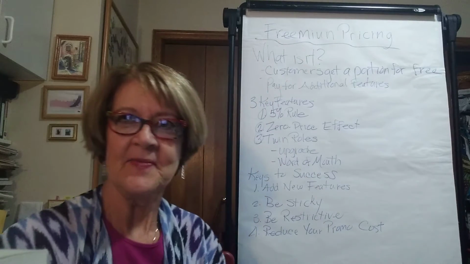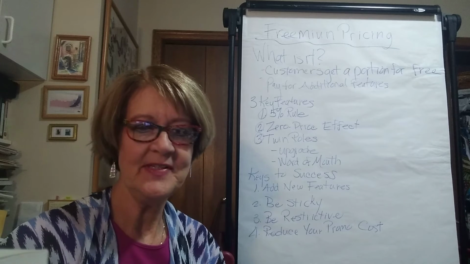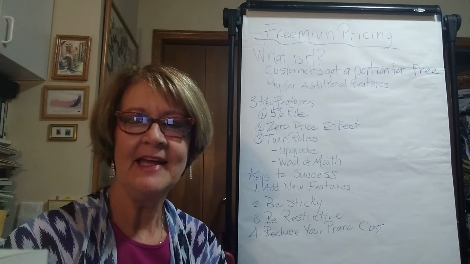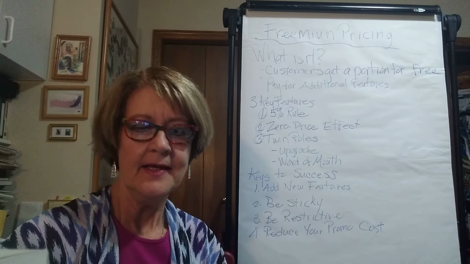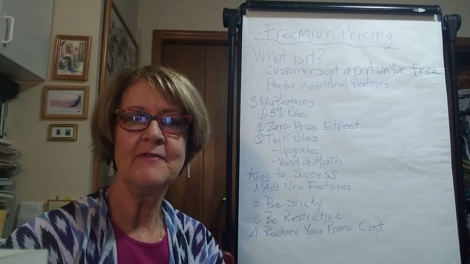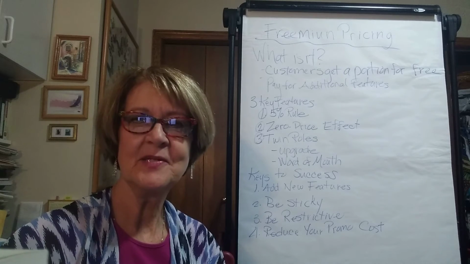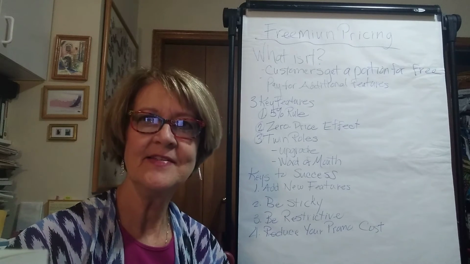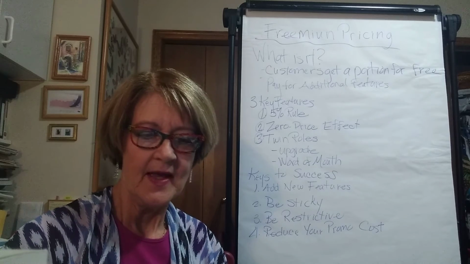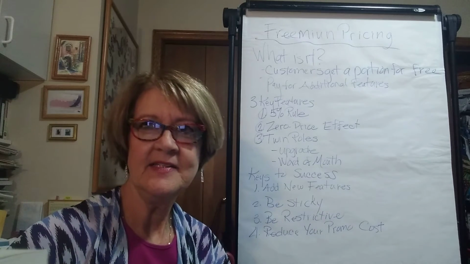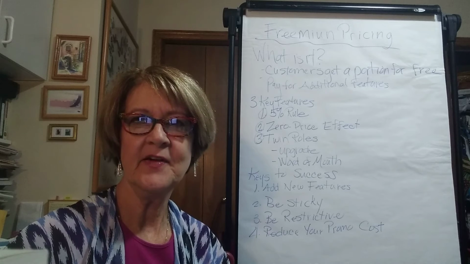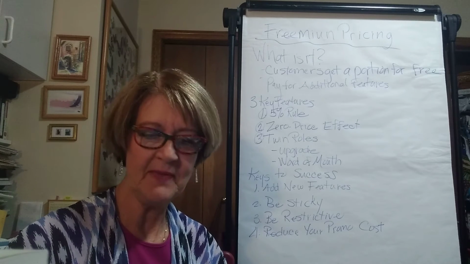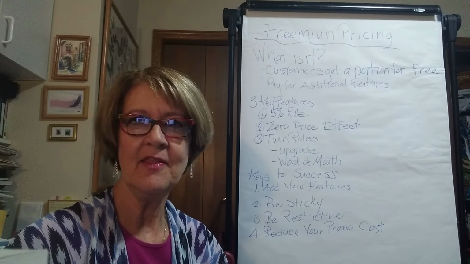So key features. One of the things to keep in mind is what's called the 5% rule, or 5% rule of thumb. And what that says is that you can usually expect about 5% of your customers to be paying customers, and that 5% makes up for the cost of the freebies. So it assumes, and has been pretty well documented, that your conversion rate is somewhere between 2 and 5%, and that those premium paying customers will negate the freebies.